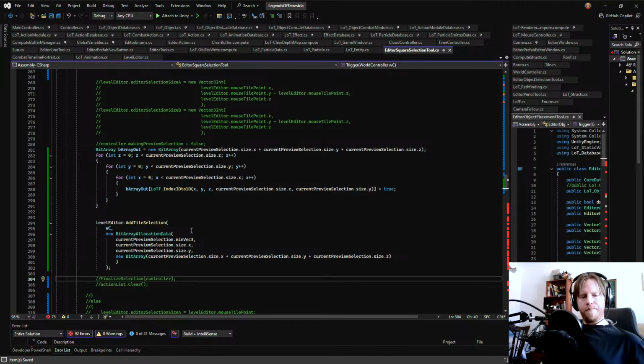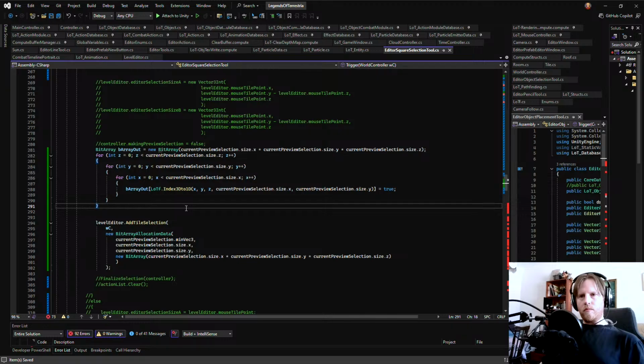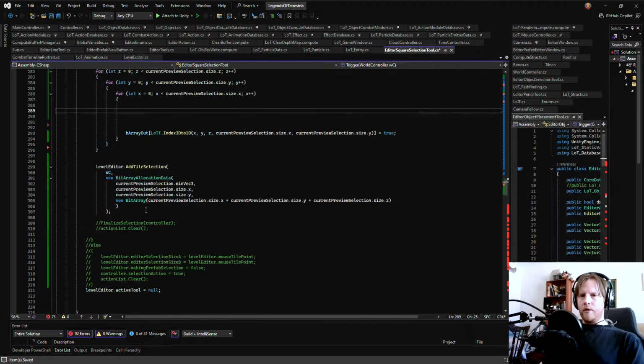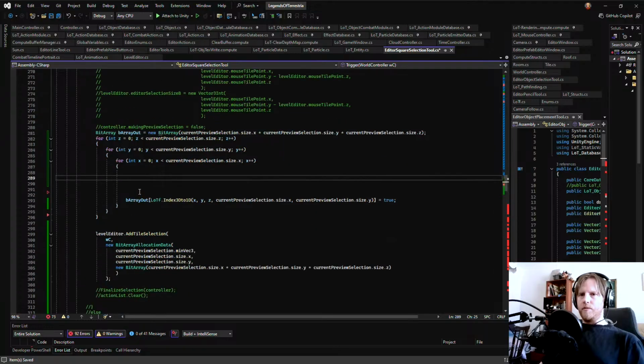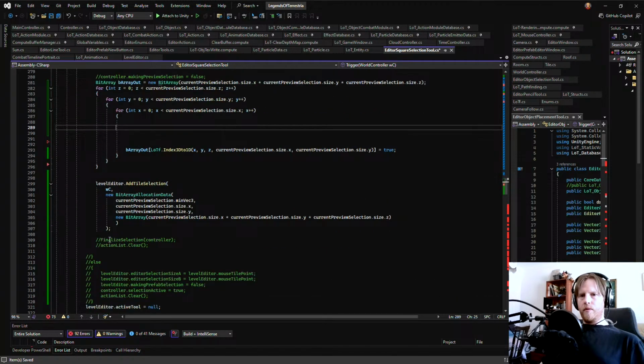I do think that maybe we should actually handle the selection modes here. That might be a thing.